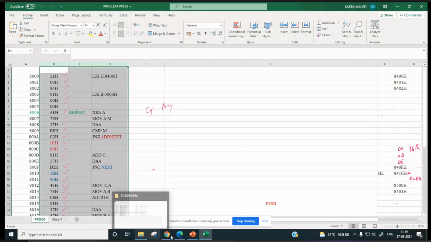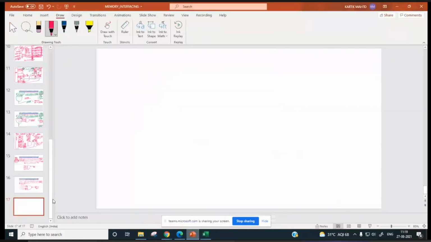Now today, I would like to discuss some of the code conversion techniques. Code conversion is a very, very important part. This code conversion is a very, very important job in a computer system.